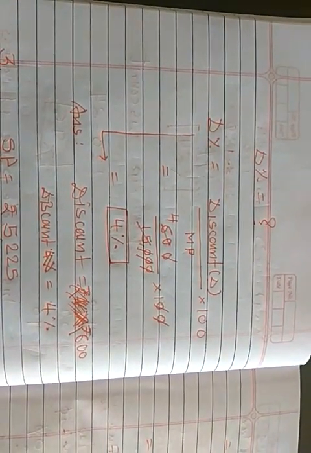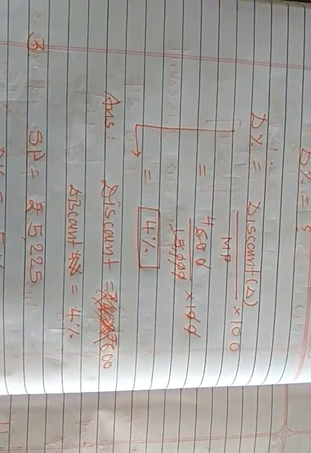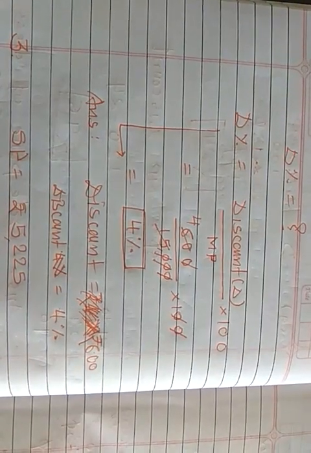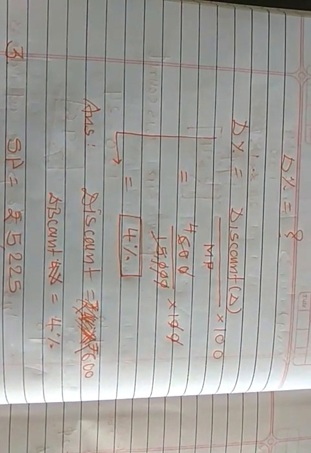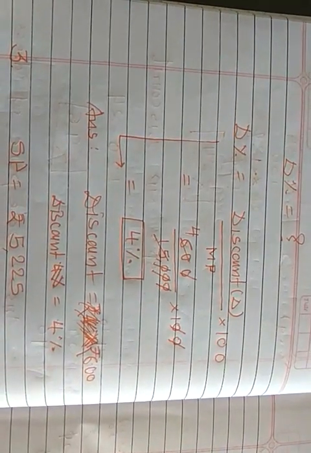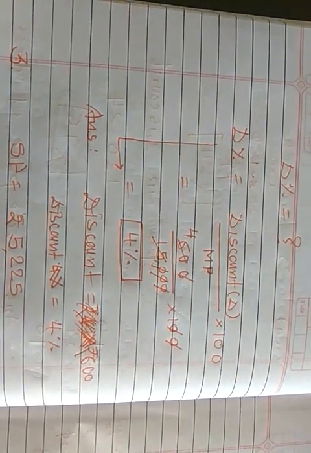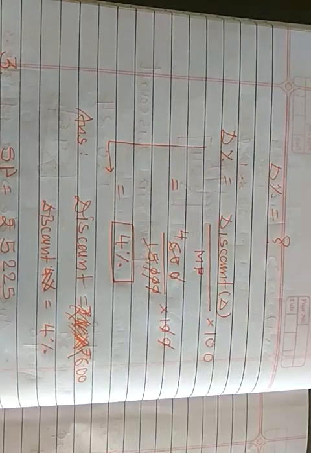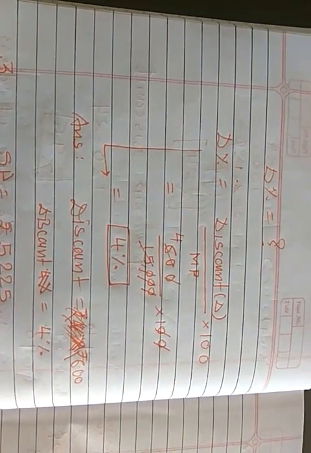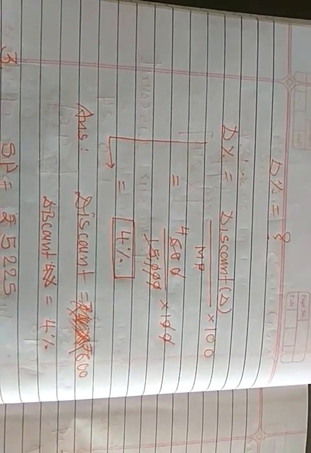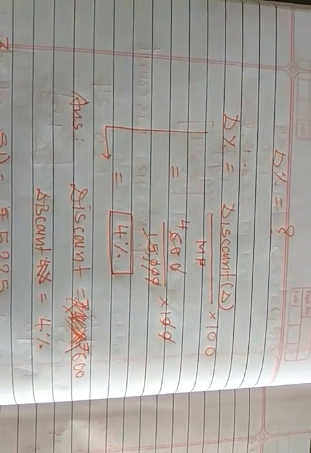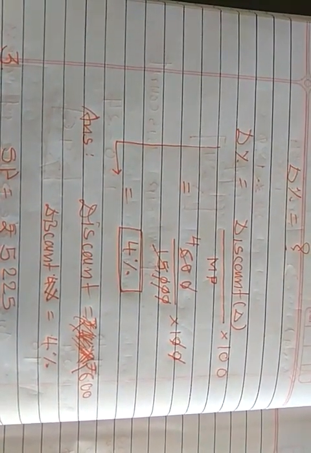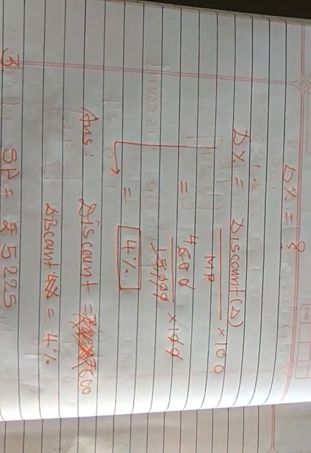Here you have to find out the discount percentage. Our formula is discount percentage is equal to discount upon mark price multiplied by 100, right? Now the discount we got is 600 and the mark price is 15,000 rupees, multiplied by 100. So 600 upon 15,000 multiplied by 100, 0 cancels, 0 cancels, and ultimately 15 4s are 60, you will get discount 4%. So in this sum we have to find the discount and the discount percentage. The discount is 600 rupees and the discount percentage is 4%.